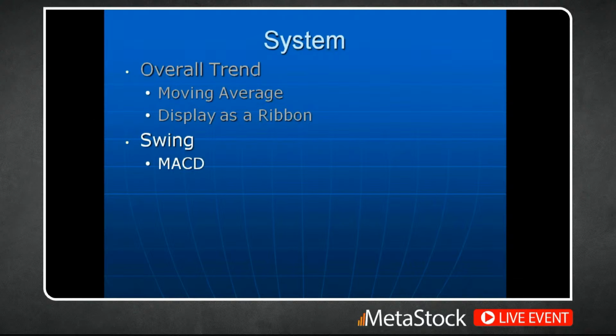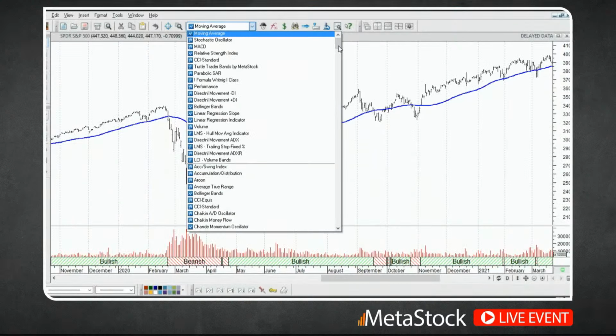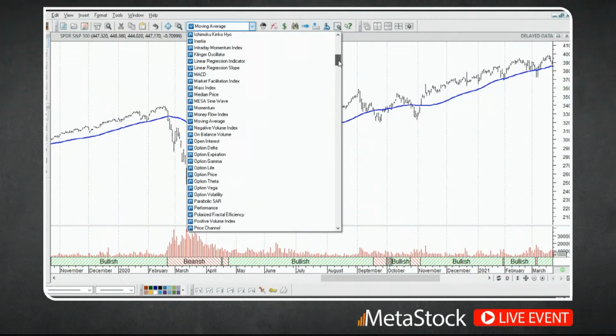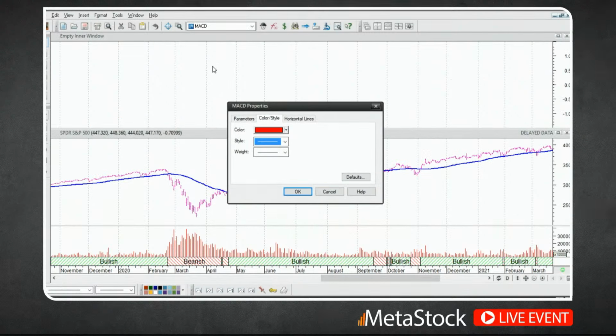And what we'll do then to identify this MACD is we'll color code the price bars when it's either bullish or bearish. So let's go ahead and jump back over here to the chart. And I'm going to grab the MACD again. And again, I'm going to scroll down here, find the MACD in our list. And this time I'll drag it up here to the very top of our chart, and we'll plot it in its own inner window.